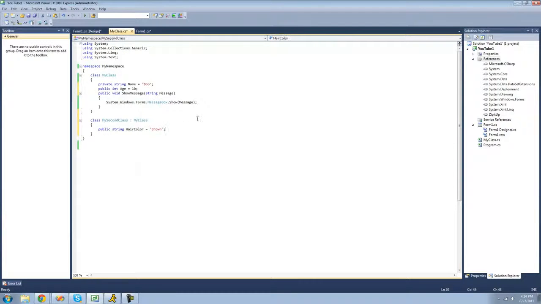Now inside of this class, we can use all of these public members. For example, we'll create a new method here, which will, I guess, just display another message box. Message box special. And what we can do here is we can now access all the non-private members in this class. So if we wanted to have a message,